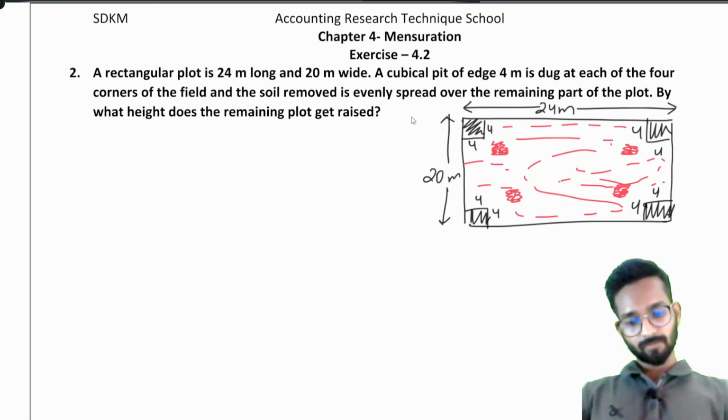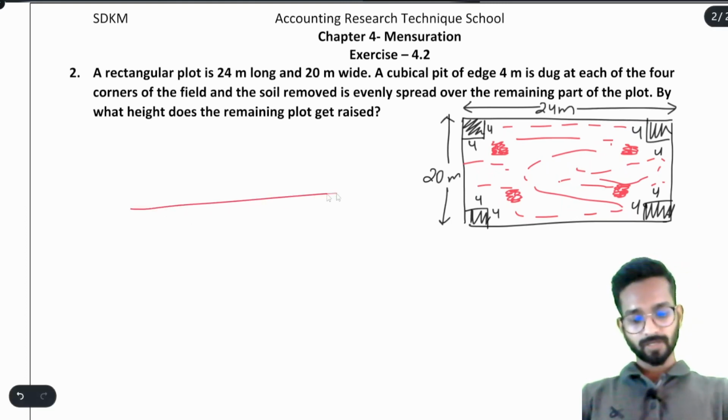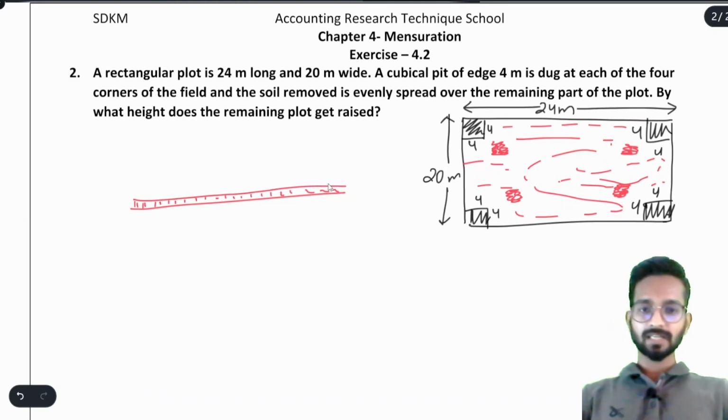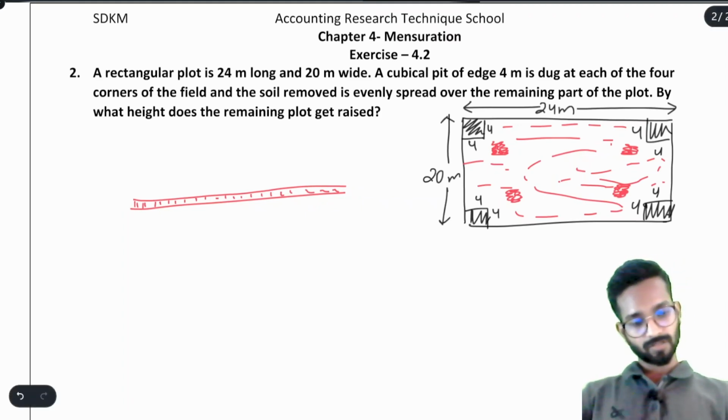By what height does the remaining plot get raised? It means suppose this is your land. Because you are putting this soil evenly on the land, obviously the height of the land will increase by some meters or centimeters. Understood? That we have to find out, by what height it is increasing. Now see,